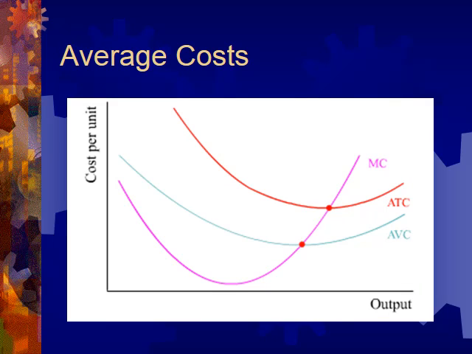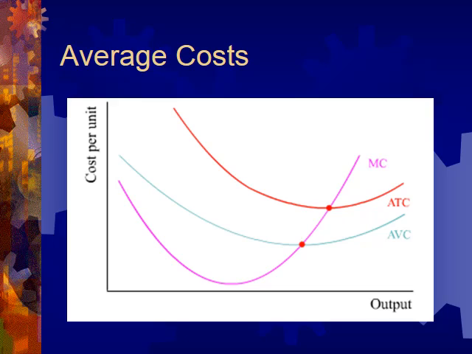Firms are not so concerned with total costs, but with average costs. Average costs reflect how much each unit on average costs to produce. Average total cost is computed by dividing total cost by output. Similarly, average variable costs are computed by dividing variable costs by output. Though it is not shown in the graph above, you can also compute average fixed costs, which will continually decline